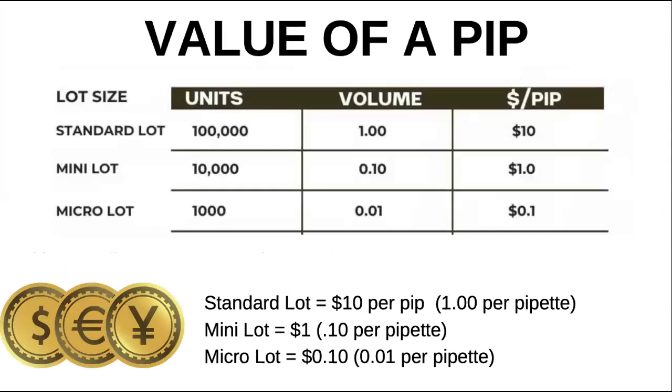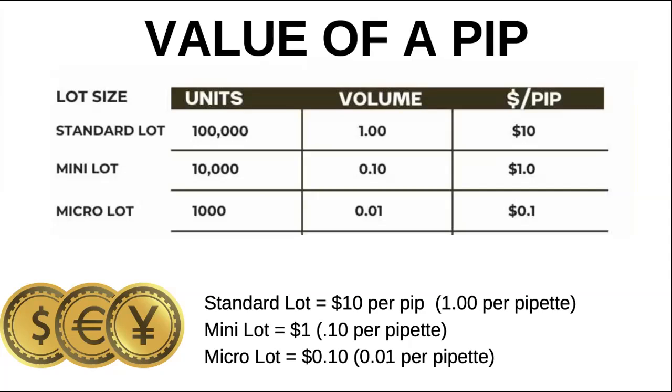And so here I'm going to just basically break down the difference in those lots. The standard lot, like I said, that's 100,000 units. When you enter that on your MetaTrader 4, that will be 1.00, not to be confused with $1. If you enter 1.00 as your lot size on your MetaTrader 4 account,